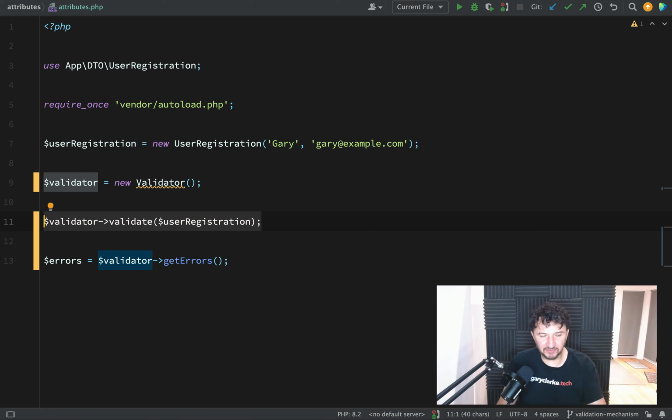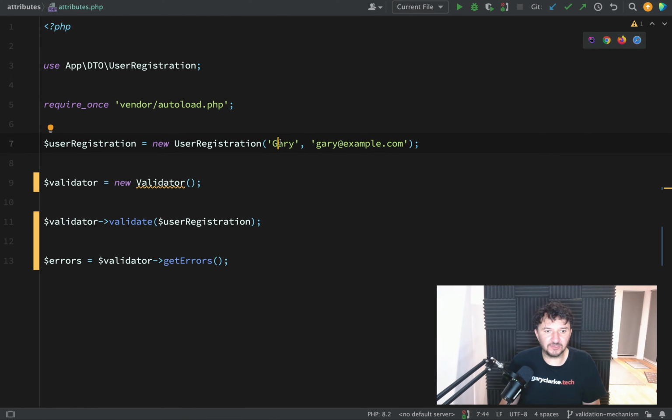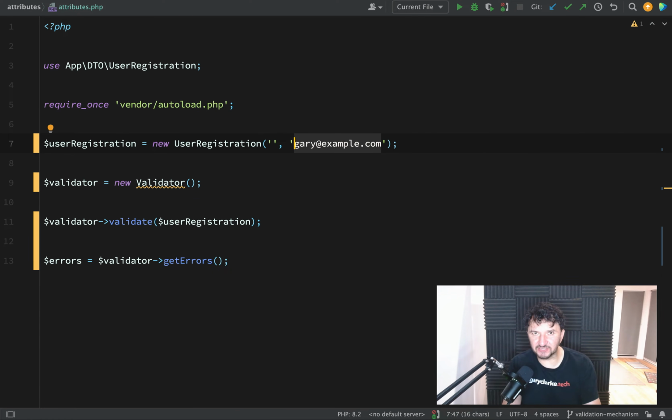So for example, if the username or the email don't validate correctly, if we don't provide the values that it's expecting, then that will get added to an errors array. So what I'm going to do here while we're on this page is I'm just going to make these values into values which would fail validation. So if you were checking if something's required, or if we were checking to see if something is a real email, then I can just say not an email and make these obviously fake,